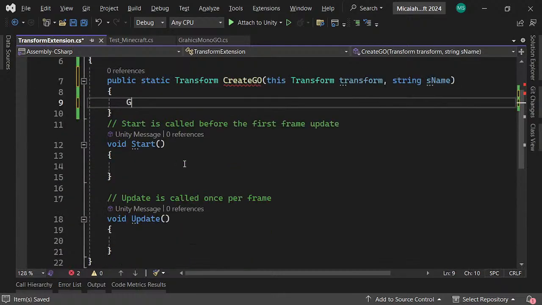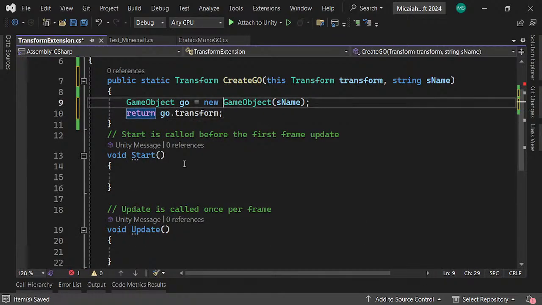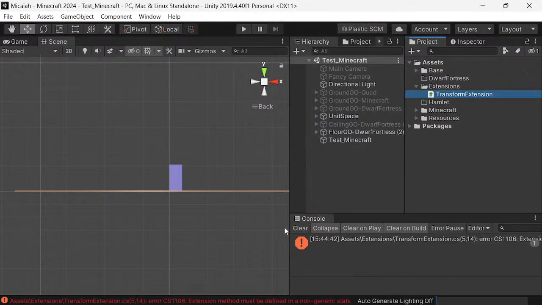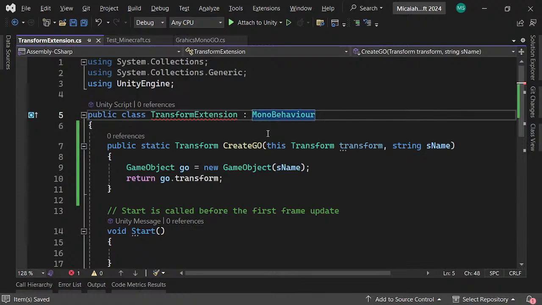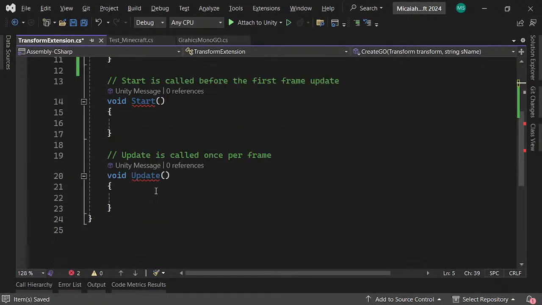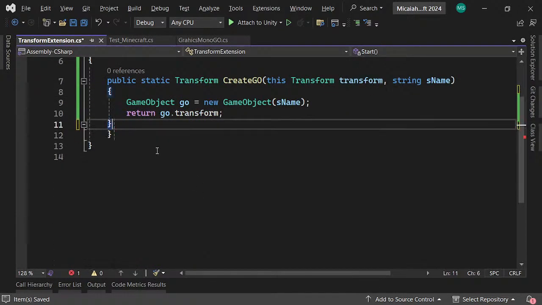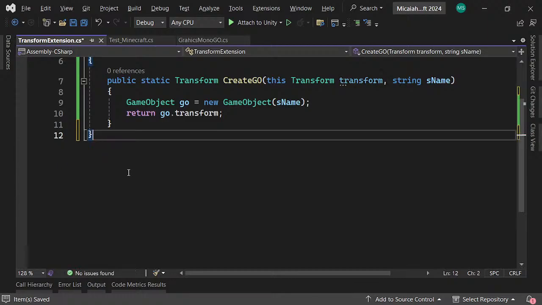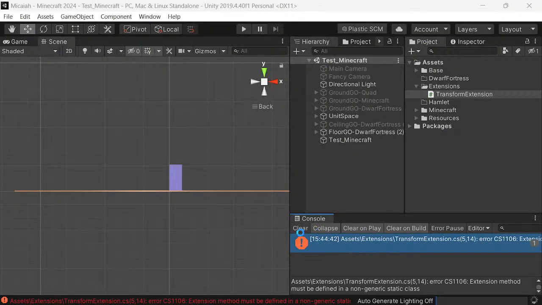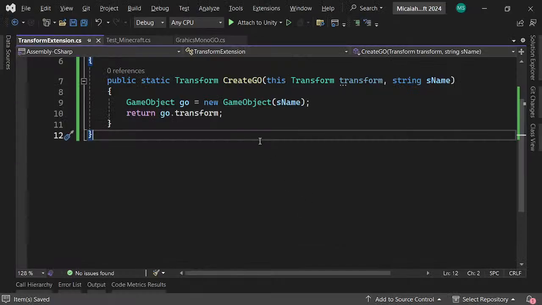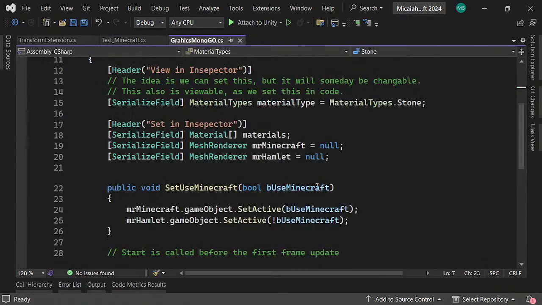Okay, so I would just say game object geo equals new game object with the S, and then I return the geo.transform. Oh, this is a static. This is a static. So this is a public static. And then yeah, just this is probably, I mean, this is like where a short could be made out of this. But I feel like the issue there is